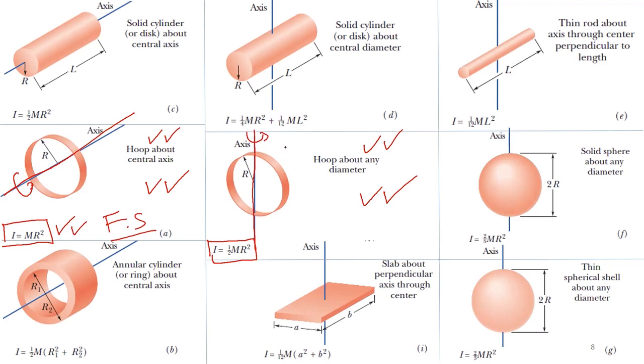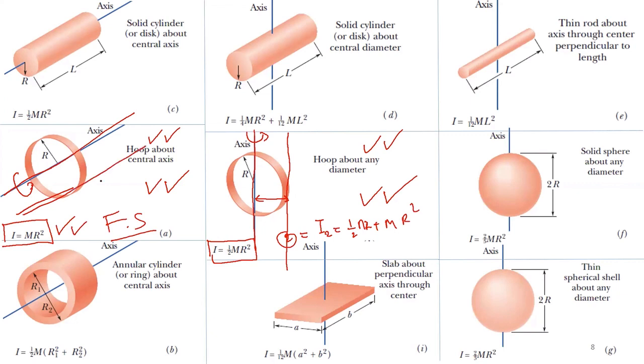Now, if I shift the axis of rotation here, what is the new moment of inertia? You use the parallel axis theorem. The new moment of inertia, I2, is the old one, half mr squared, plus mh squared, and h is the perpendicular distance between these two axes, basically r squared. And here also, if I choose an axis like this,